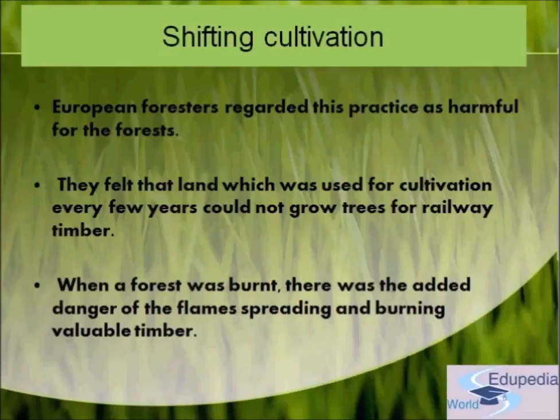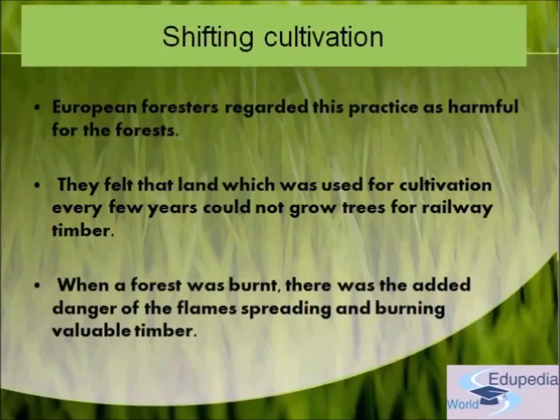European foresters regarded this practice as harmful for the forest. So see, they actually passed the Forest Act of 1865 because they wanted to protect the natural forest from the common people. They just wanted to utilize the forest for their personal use. As you know, they wanted to get more and more timber for building ships. They used to export it to England, as we have already learned, and the Royal Navy used to make ships out of it, and they also needed timber for extending the railway network, so they needed timber for that. That's why they introduced this